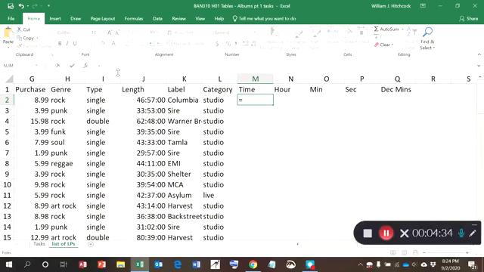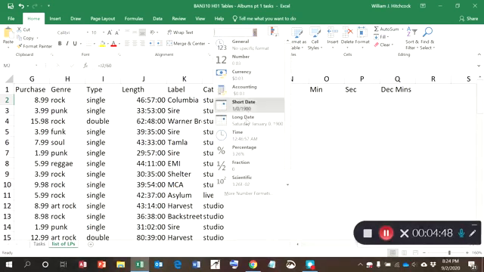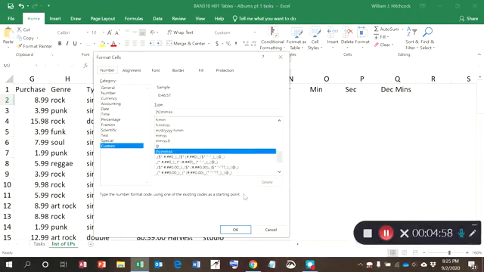So let's give that a try. We'll take the length, divide this by 60, and it converts this into a time function, which works out a little bit better for us. And I'm going to go to the different formats. So I just came on the Home tab. I've got general, number, currency, etc. There's long date. Here's some time functions. I want to choose other